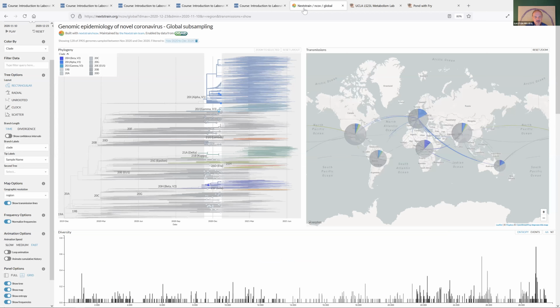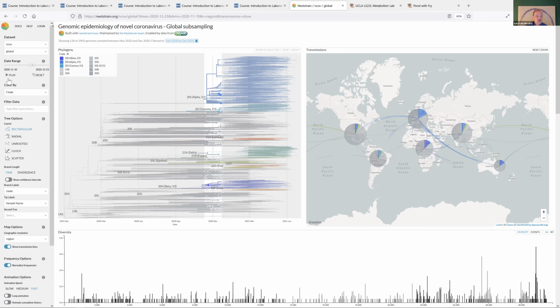And then, so this is Nextstrain. I just want to show you the website, it's highly dynamic. It's also animated, so I can go here. For instance, this is the phylogenetic tree. Here is December 19 when it started. These are the different strains, color-coded. And then this is the timeline, right?